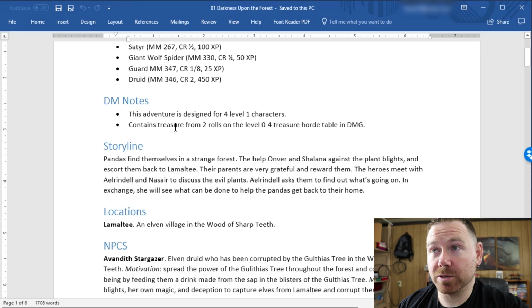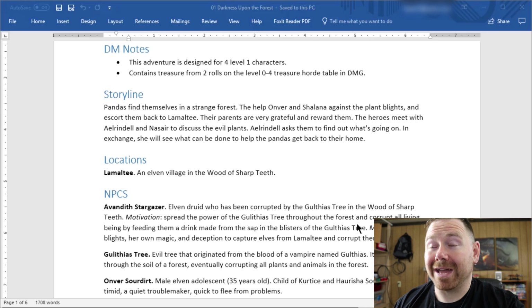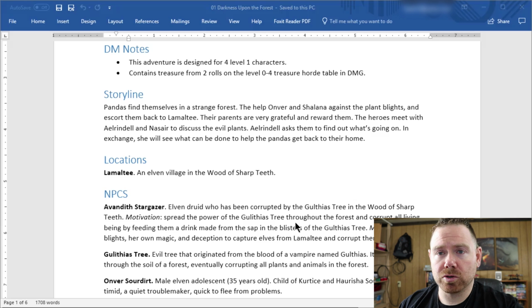And at some point, I'm also going to make rolls on the DMG's treasure tables. And I made a note here that I rolled twice on level 0 to 4 treasure hoard. Okay, the next thing I'm going to do here is create a basic storyline for my adventure